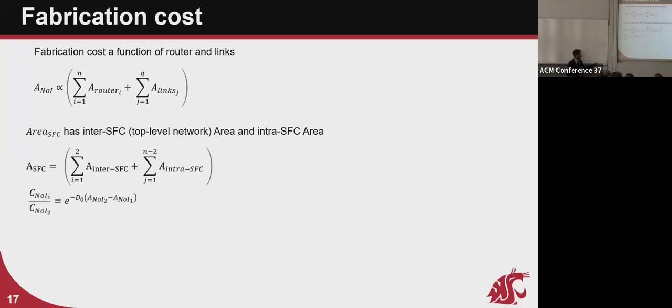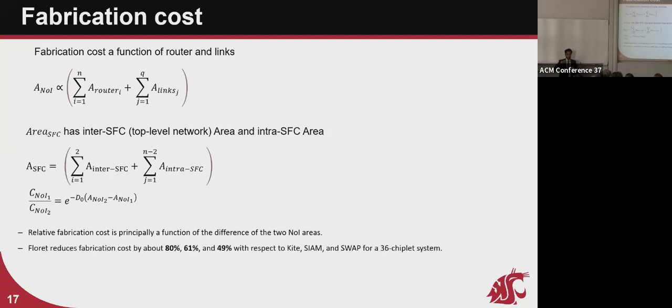So when we consider that, we can see the area. Finally, when we take a relative percentage, how much is the improvement basically boils down to the difference between two NOI areas. Because we saw that figure about having smaller router ports, our fabrication cost improves 80%, 60%, and 49%